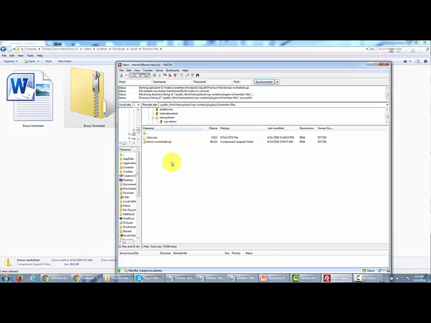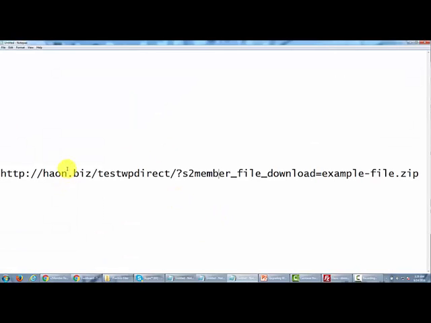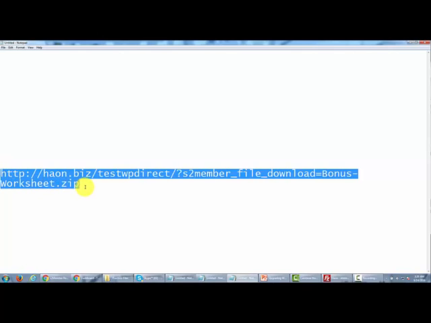So now what we need to do is name this link according to the convention that we talked about a minute ago. If you recall, we said that we needed to name the file according to our URL, according to that directory, with these words, and then instead of example file, we're going to put in the name of our file. So now what we have here is the link using bonus-worksheet instead of example file. So what we're going to do is copy this,